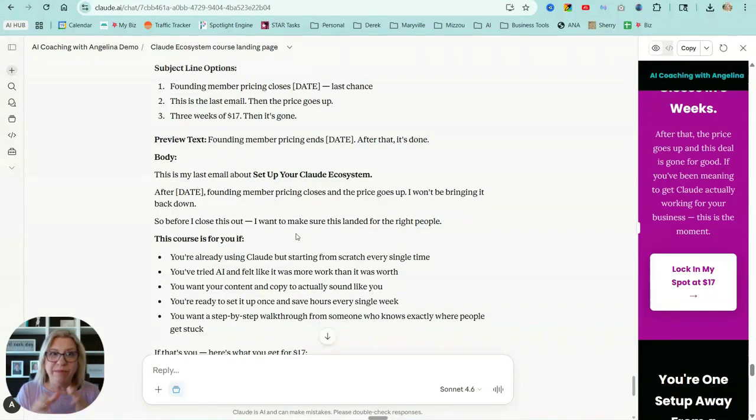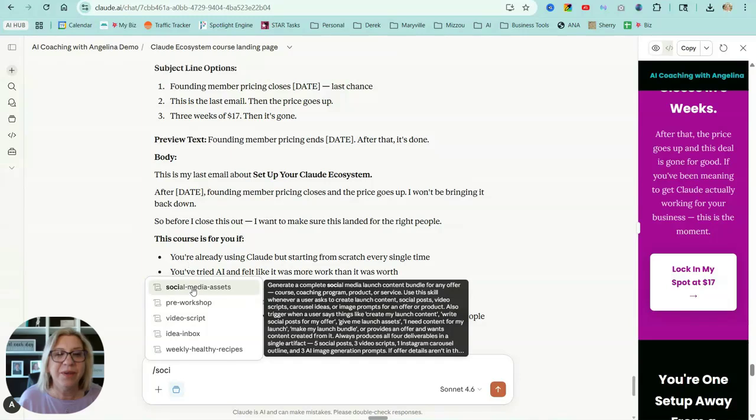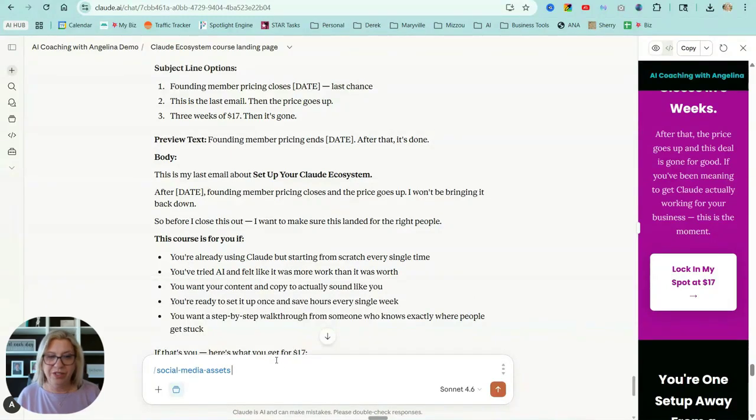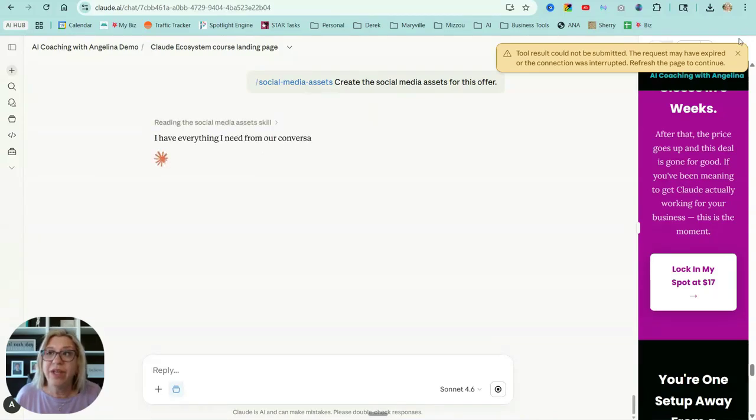In my next lesson, I'm going to show you exactly how you can create the social media content for your offer. Okay, so our last skill that we've installed is the social media assets. So what I'm going to do is now create social media assets for this particular offer. So I'm just going to type in social media assets, and I'll just say, create the social media assets for this offer. And then what it's going to run through is a series of different requests